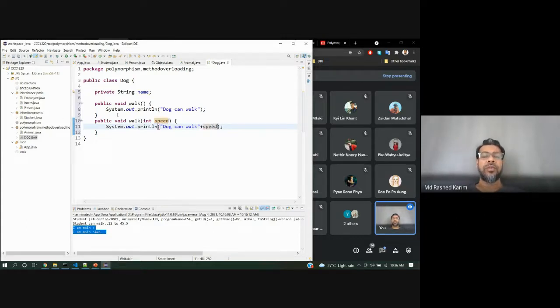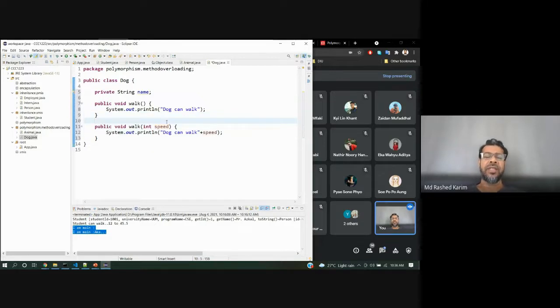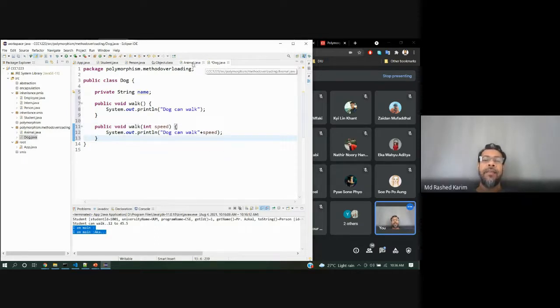I have two methods with the same name. That's why it's called overloading. This is the simple overloading I'm talking about, with different parameters. So overloading means overloading polymorphism. You can have this code here.